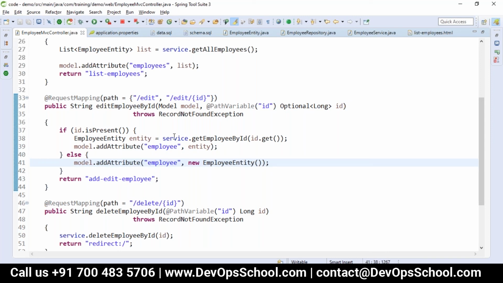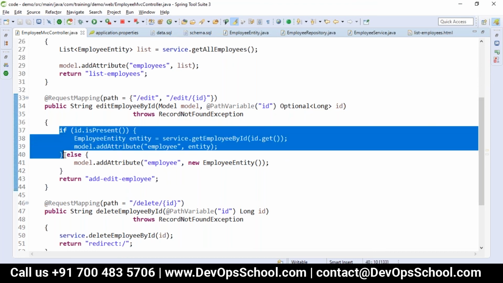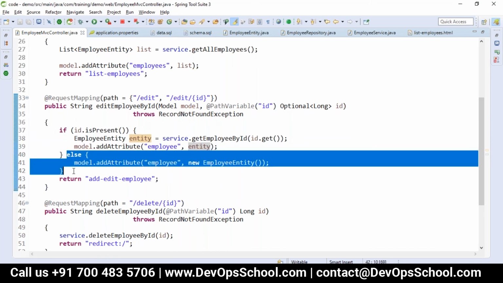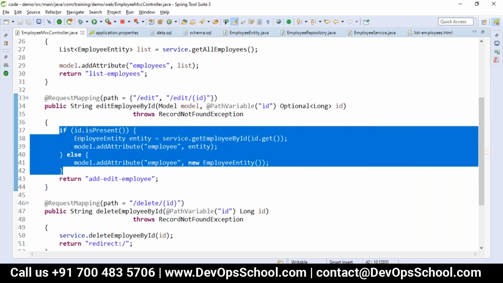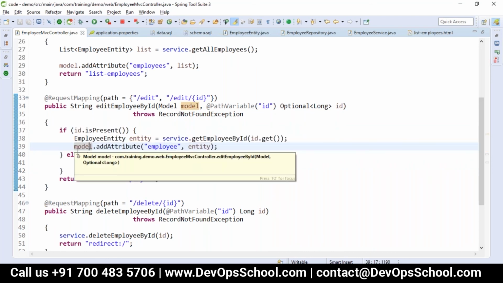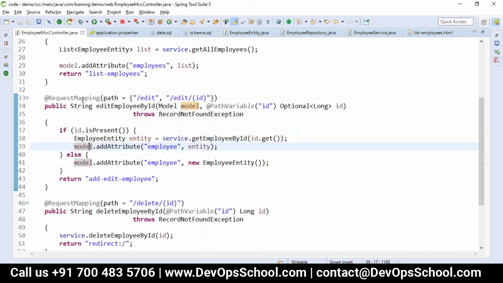After that, if an ID is present, we pass that ID to get employee by ID and get the whole object, and that is also passed to the employee object. Either if the ID is present or if the ID is not present, this way we are getting it. So if any one condition is executed, then it will return